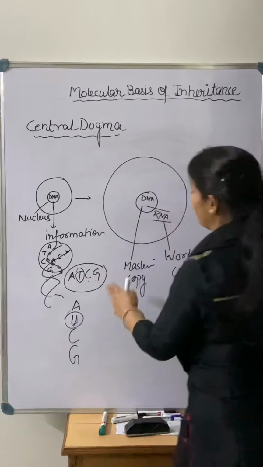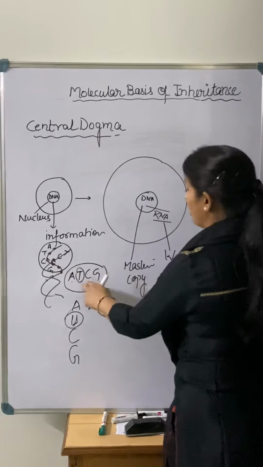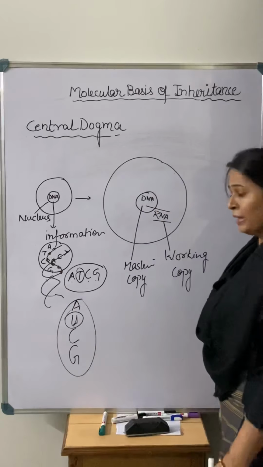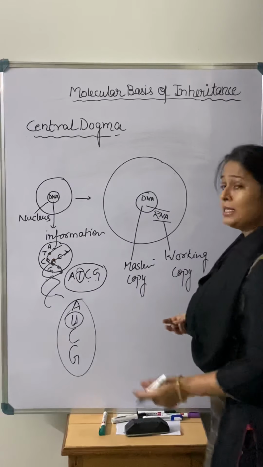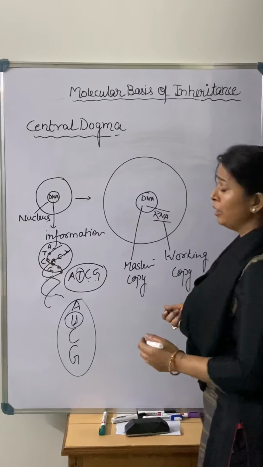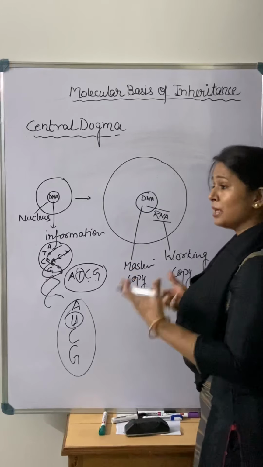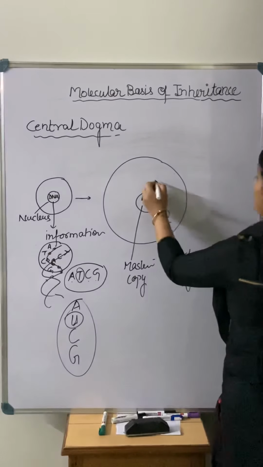So whatever information is stored in the DNA will be copied from DNA to RNA in these 4 letters only, right? And these 4 letters are building a chain, or a substance, or a thing that we call the protein,